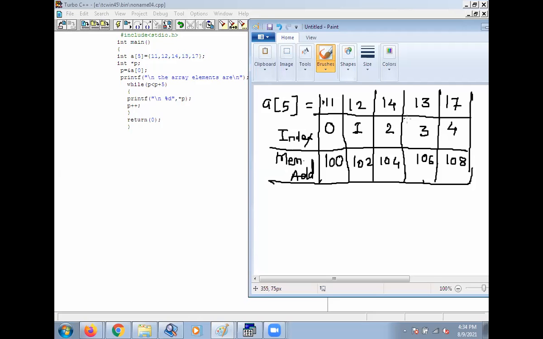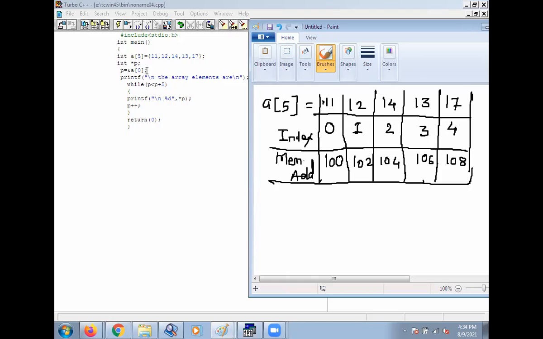Okay. So 0, 1, 2, 3, these are the index numbers of the array. Then at memory address 100, 11 is stored, at memory address 102, 12 is stored, and so on. So here memory address is increased by 2 because integer memory size is 2 bytes. Then you have declared p is equal to &a.